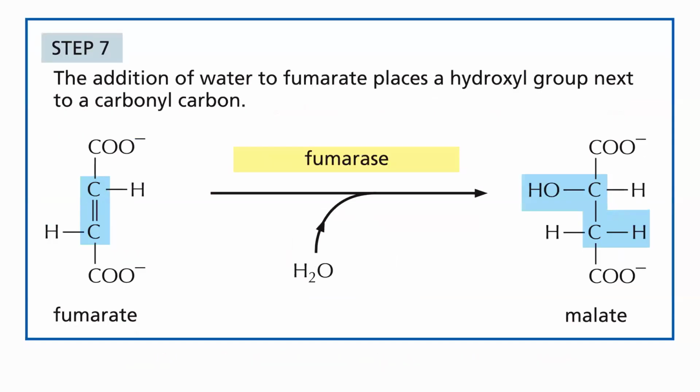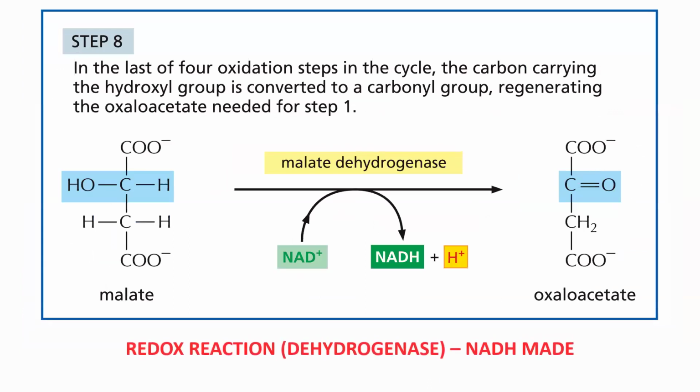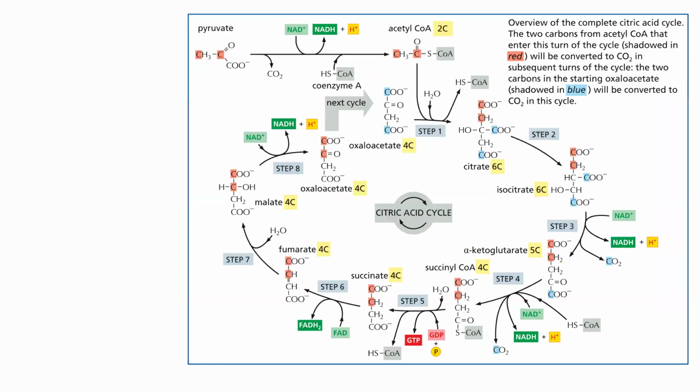Fumarate is the product. Fumarate is going to be hydrated. A water is going to be added to fumarate to make malate. The enzyme is fumarase, so it's a hydration reaction. And then our very last reaction of the citric acid cycle, our last chance to steal electrons. Don't kid yourself. If we get one more chance to steal electrons, we're gonna. So this is going to be a redox reaction. We're going to break some bonds, steal some protons, steal some electrons, reduce NADH. This is malate dehydrogenase. Of course it is, because it's dehydrogenating malate, and that's going to regenerate oxaloacetate. Step 8 bringing us right back to step 1. Now this oxaloacetate can accept another acetyl if one is being delivered, and the process can repeat as a cycle.